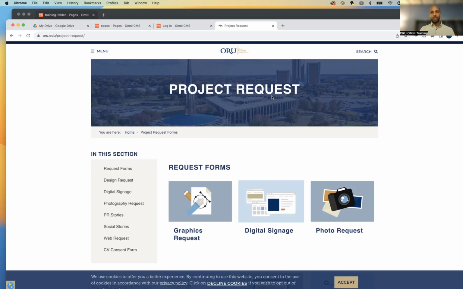Let's see. So Catherine, are you telling us that ORU is now giving us access to change and update our public profile using OMNI? So yeah, we actually initiated that like 3 or 4 months ago. We sent around an email to everyone who was a current OMNI editor. So we sent that about 3 or 4 months ago,